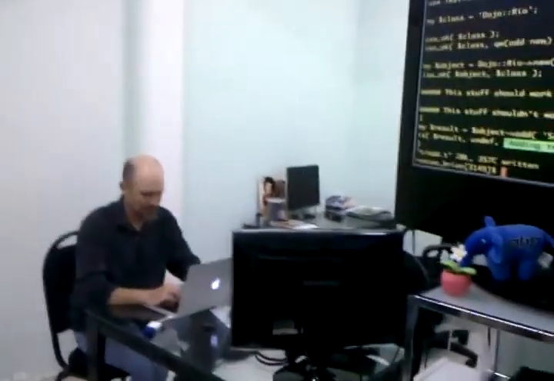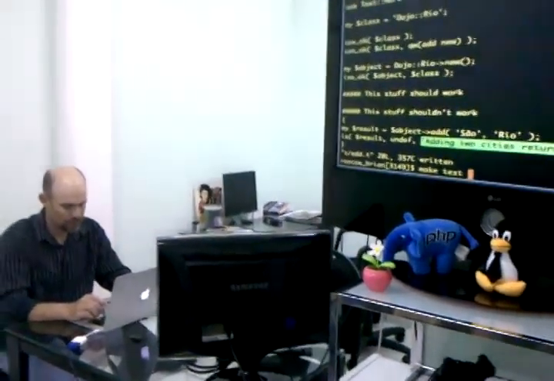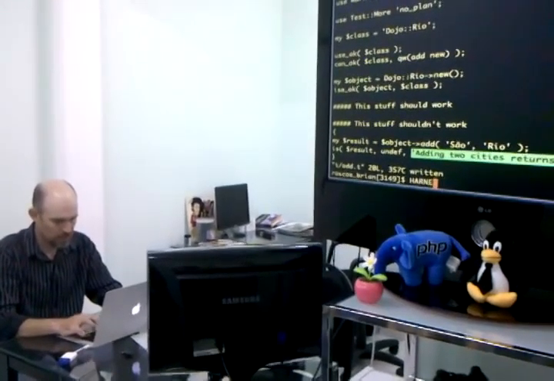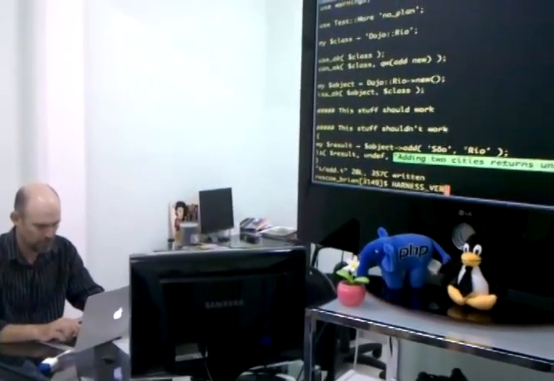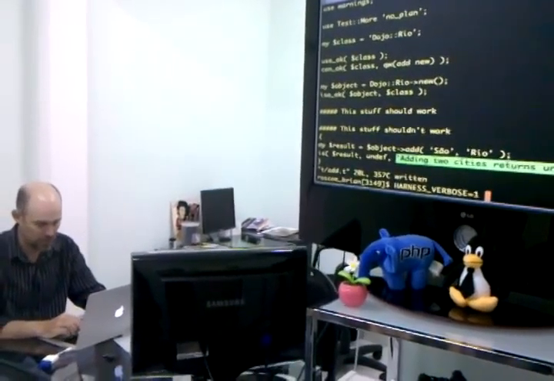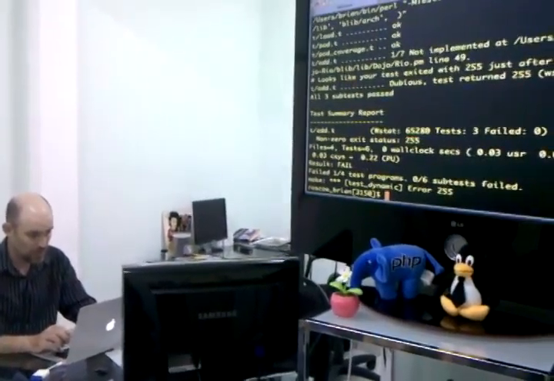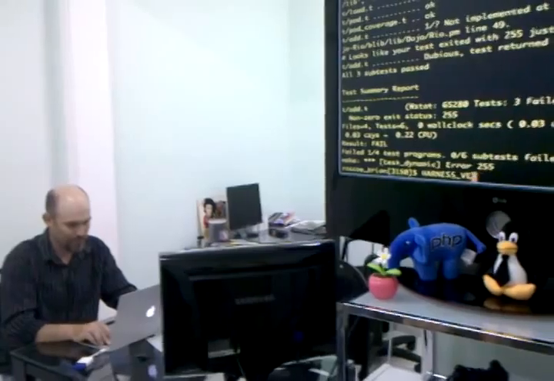Okay, but before that, I could do this. I could say make test. No, I have to start like this. I always have to cheat and look at this. Let's see if I can get it without looking. I can set this environment variable to show me all the stuff that goes on. There's another way to do this too. That's why people use prove more. Yeah, that's not the way to do it. So I can do this. If I do perl -Mblib,